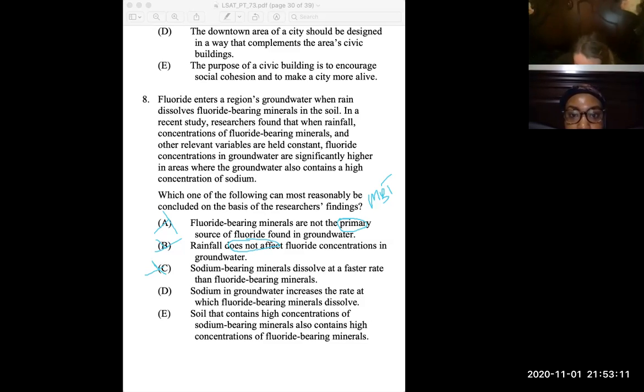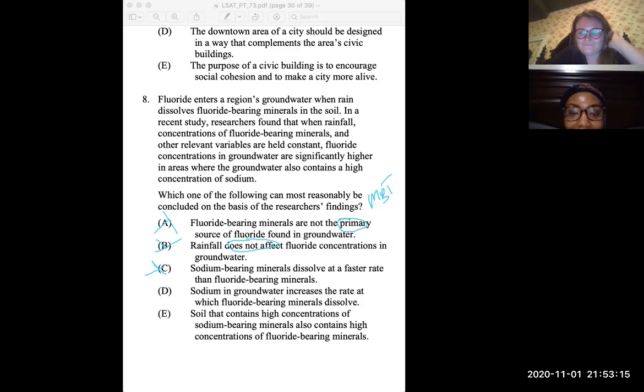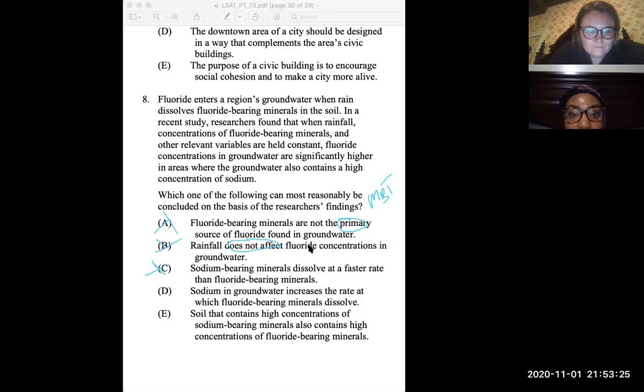Right, this is where it gets really hard. D is actually the right answer. But how do we know that that's what increases the rate? Because it tells us that all other relevant variables are held constant, so it's the only thing that's different. So if nothing else changes and this is the only thing that's different,